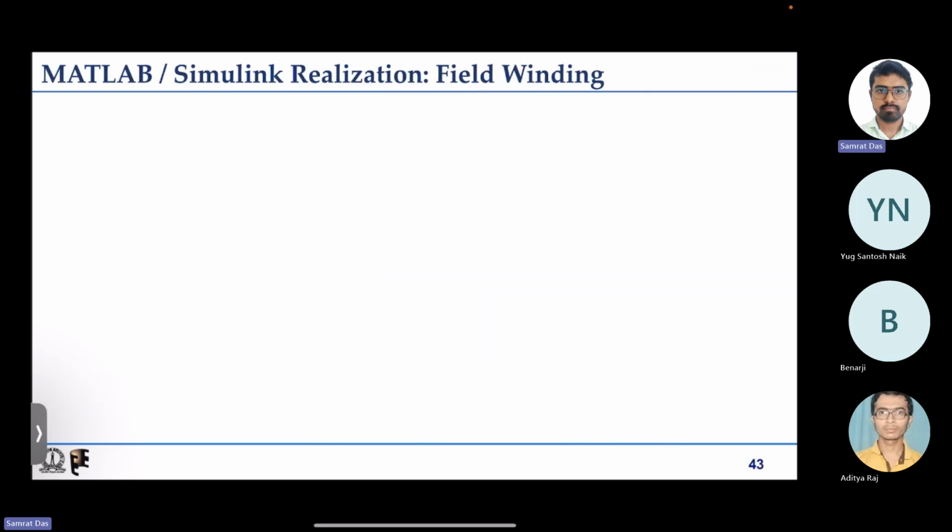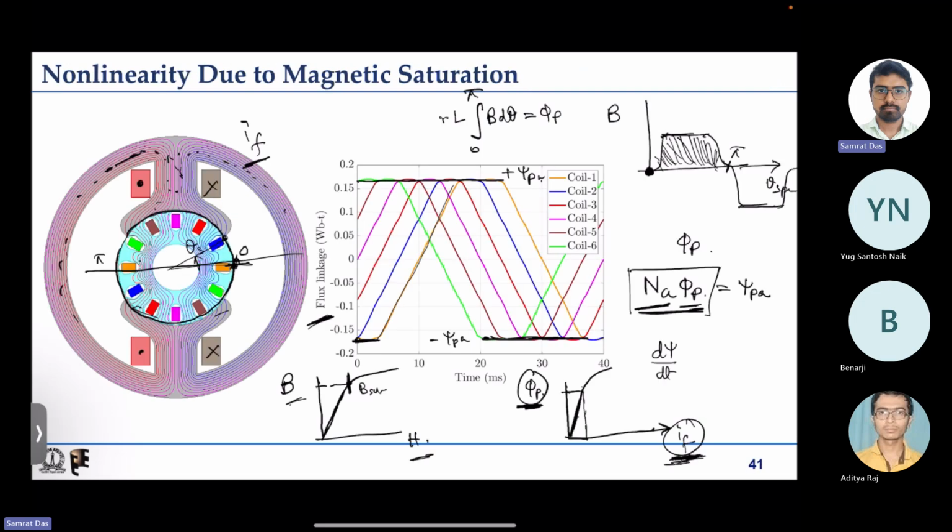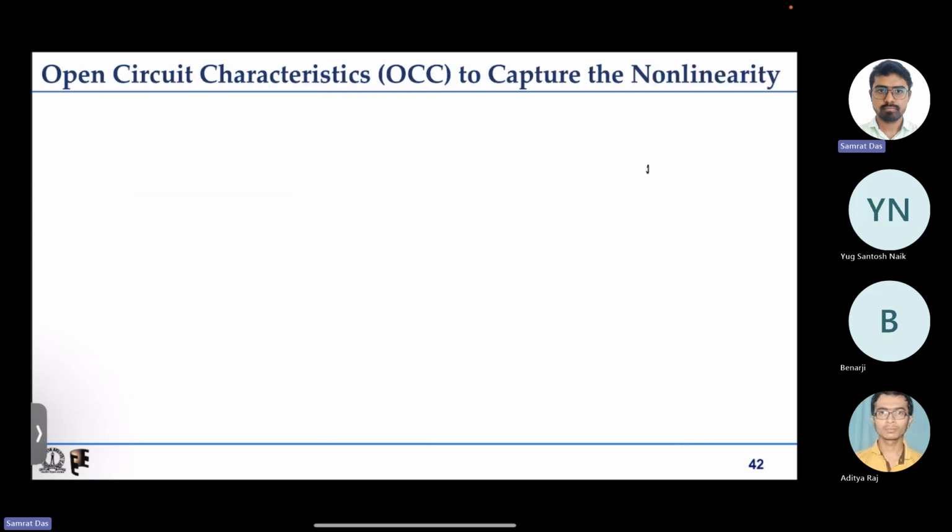But just before that, what we will discuss is how this type of nonlinearity is typically handled in electrical machines, because linear relationships can be handled by writing differential equations, and that can take care of all the dynamics. But if we have some nonlinearity, then we need to get